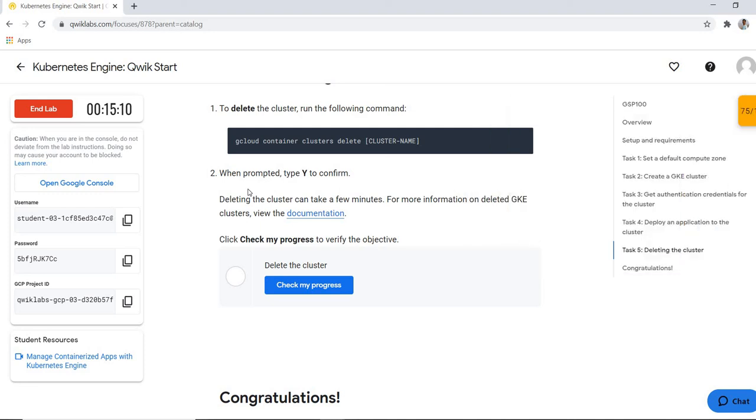There are lots of documentation links also given in the lab, so if you want to explore more or learn more about that tool, go with the documentation so that you can see lots of interesting stuff you can do with these commands.